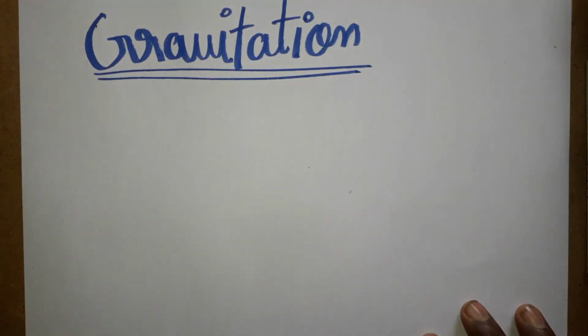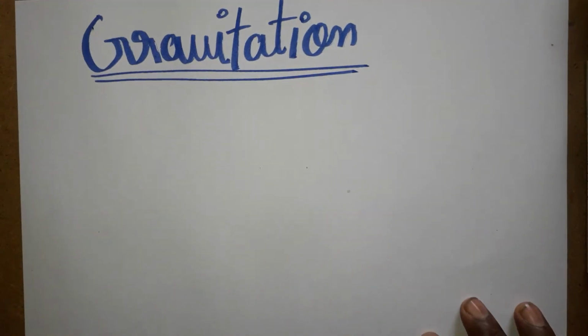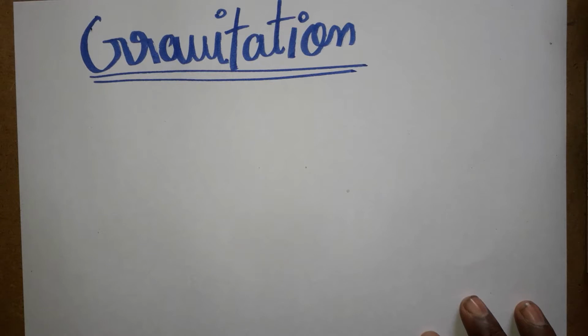Today we are going to see gravitation, a full explanation under gravitation, everything except capillary laws: the universal law of gravitation, small g, how to calculate small g, variation in altitude, height and depth, gravitational potential energy, gravitational potential. Many things we are going to learn under gravitation. So it's a complete revision.